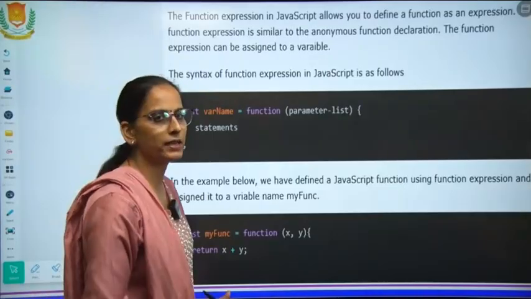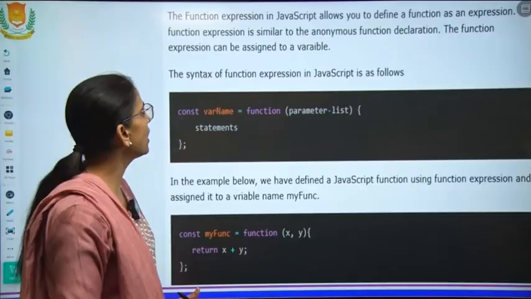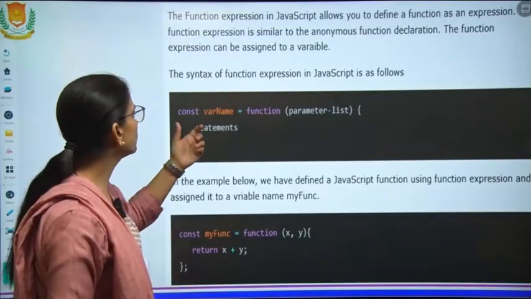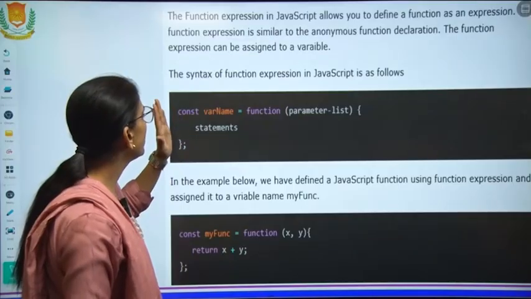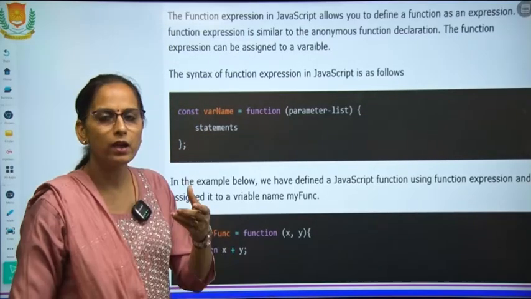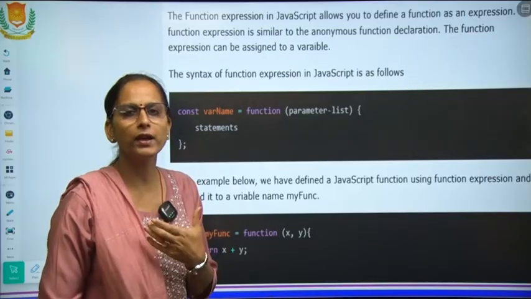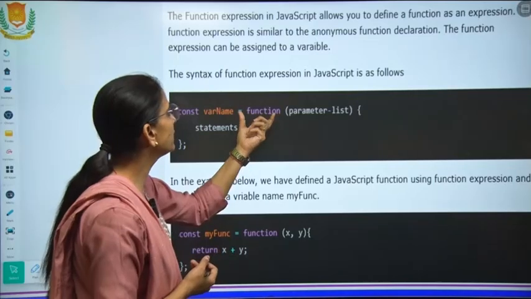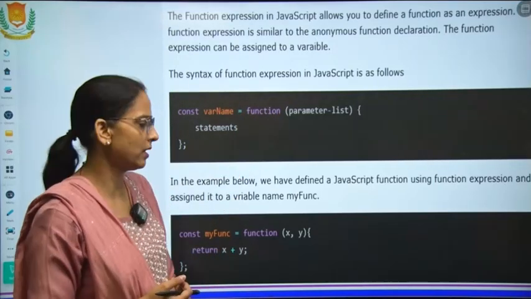Now, there is an example for the function, showing how you will write functions in your code. First of all, we have to give the name of the function. Then you will take the name of the variable where the answer of the function will be stored, and then the function name and the parameter list.